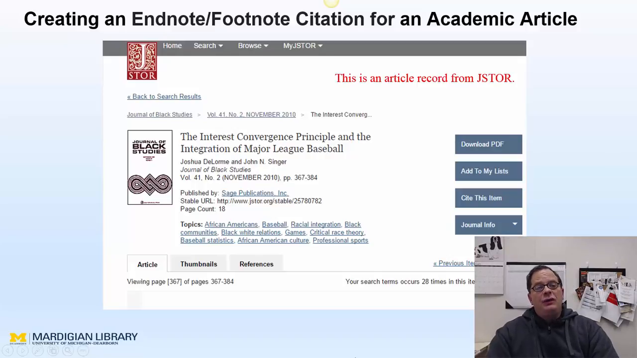Now let's move into creating an endnote or footnote citation for an academic article. This is an article record from JSTOR. However, this article record is very similar to any other article record you might find in any other database that you're doing research in. And that's because it has all of the components that you need to create your citation